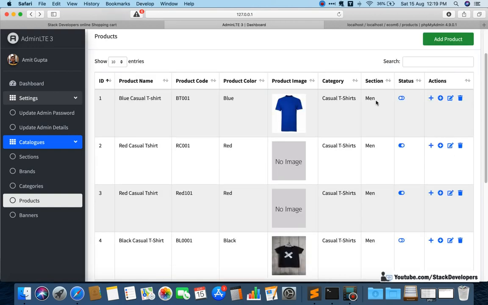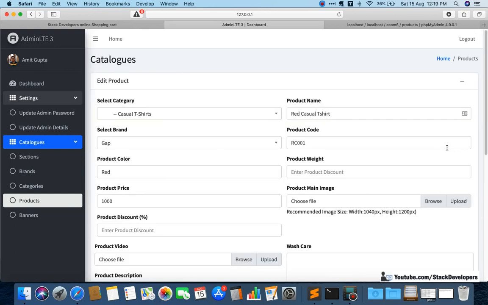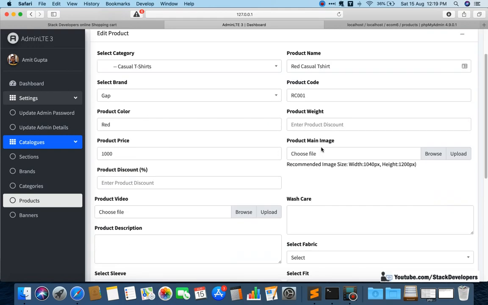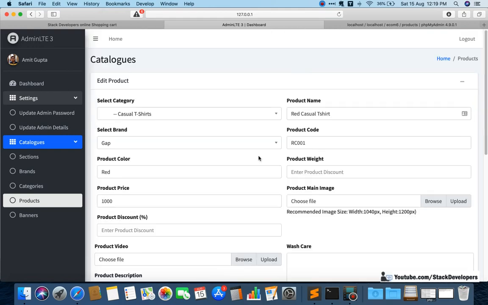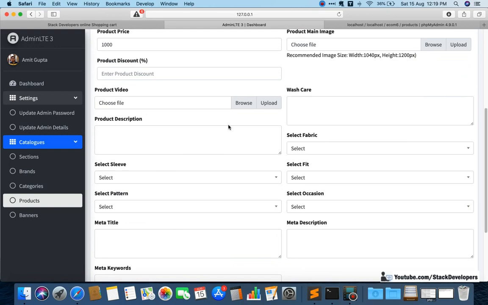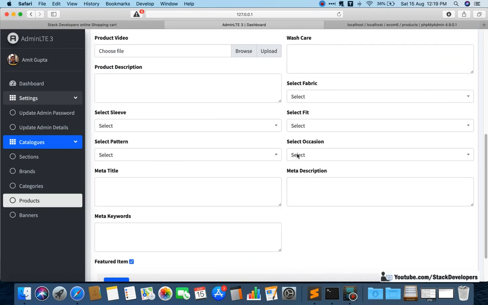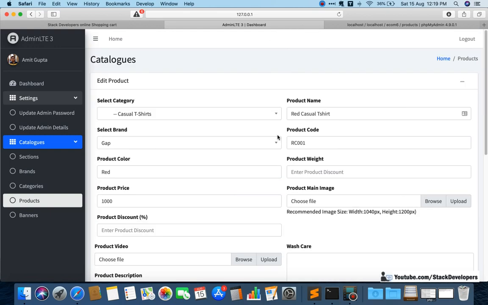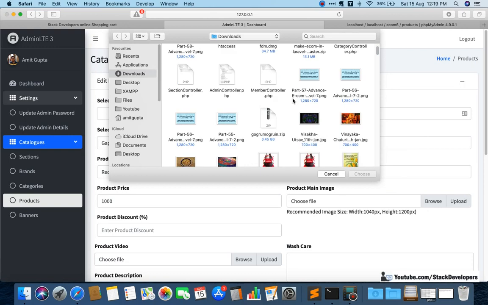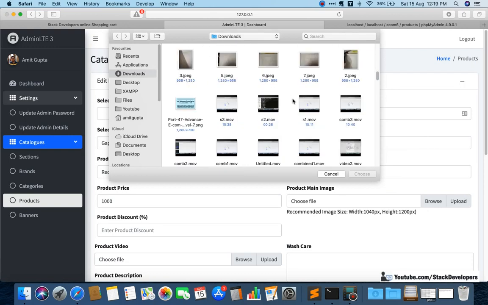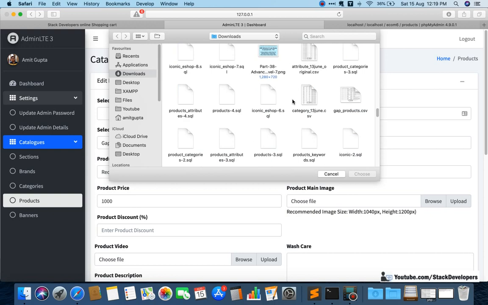Here we can also show the category section as well as brand, so that we will come to know which brand this product belongs to. That we are going to do later on. You can also do this from your end. I want to add some images as well, so I will look out for some images.